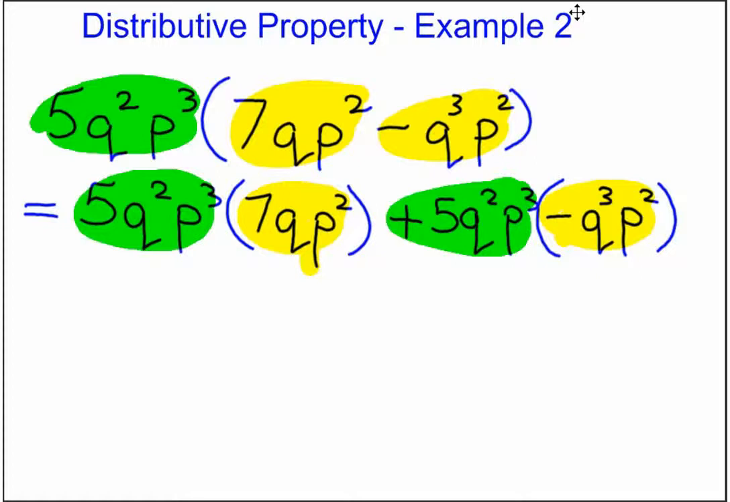To do the multiplying, we need to remember how to multiply monomials. We've got to remember that the coefficients, the number parts, you just multiply. So what's 5 times 7? It's 35. But for the variable part, you need